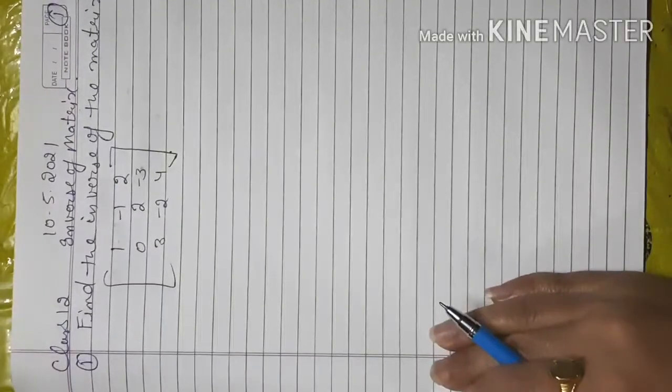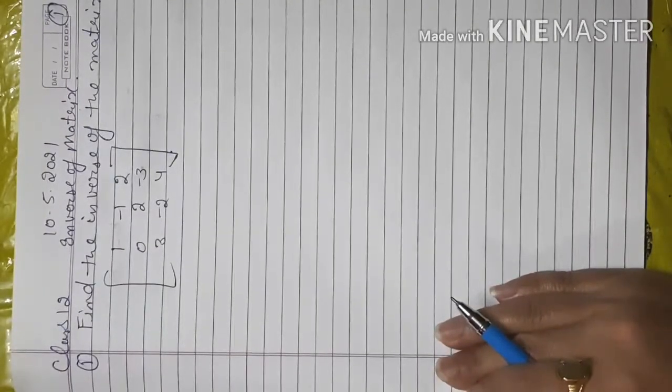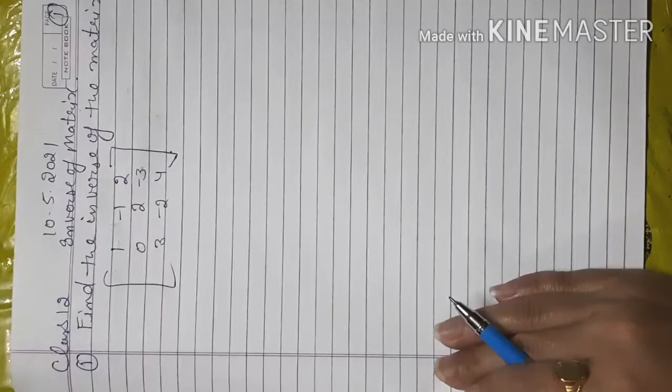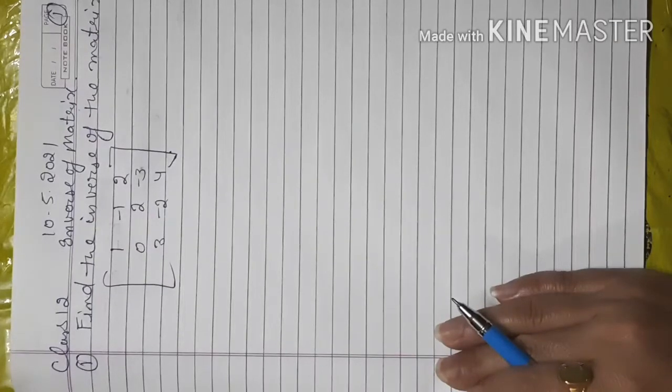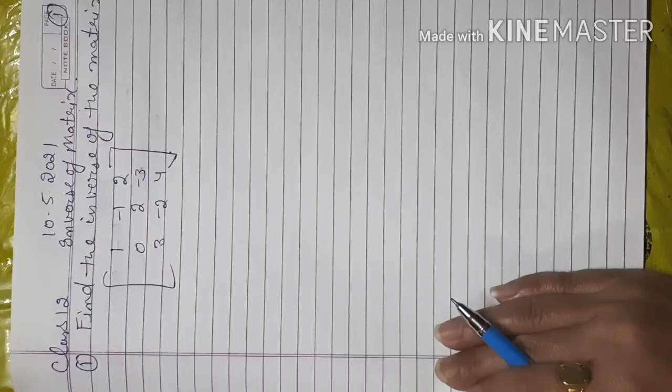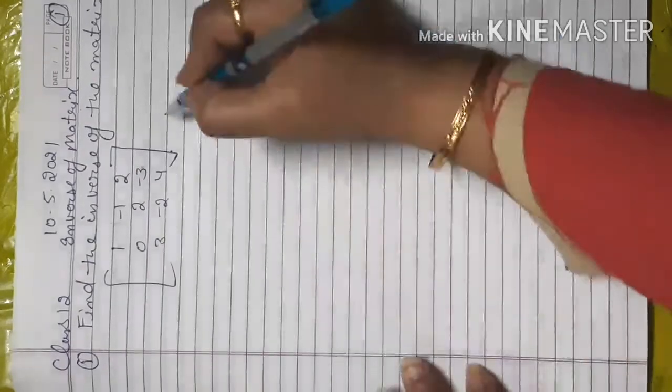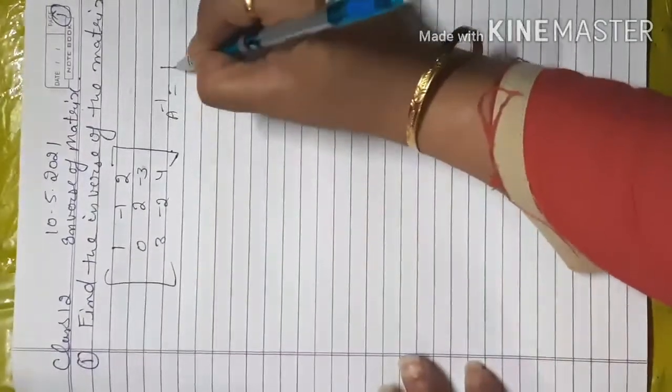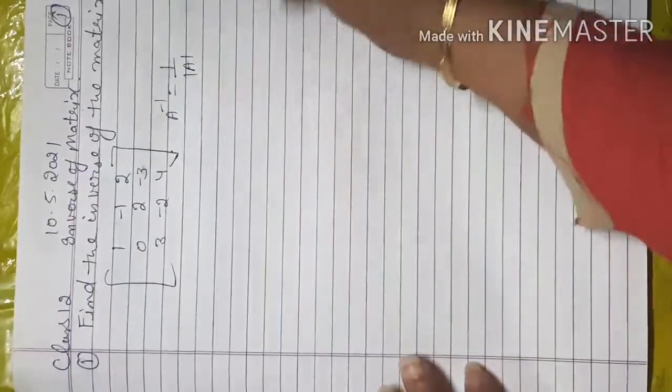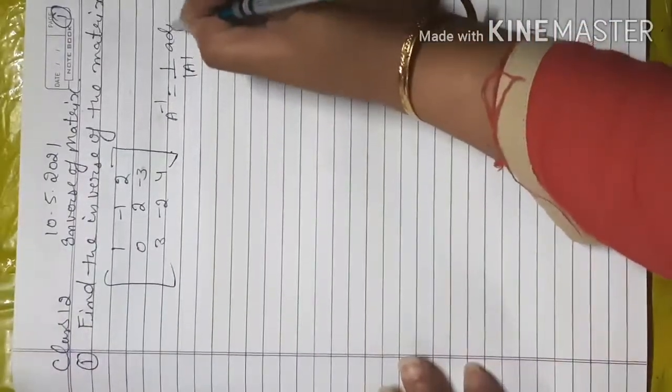Good morning everyone. Today we will discuss the inverse of matrices. Actually, there are two ways to find the inverse of a matrix, but actually there are also three ways. One is elementary operations, but here we will discuss two methods. One is the direct method, in which our formula of A inverse is 1 by the determinant of A times the adjoint of A.